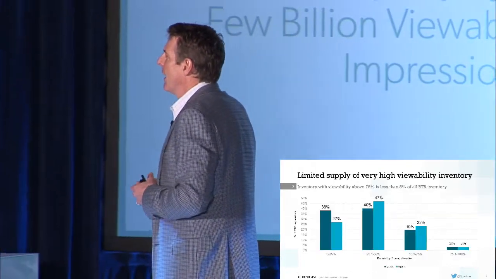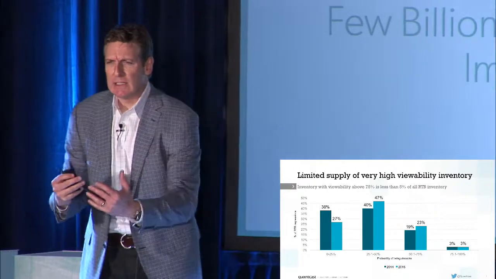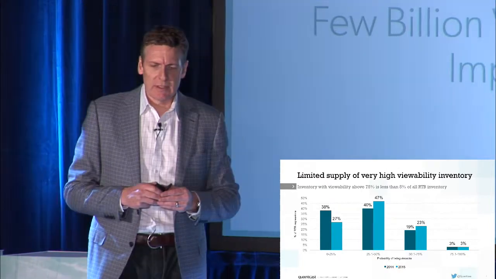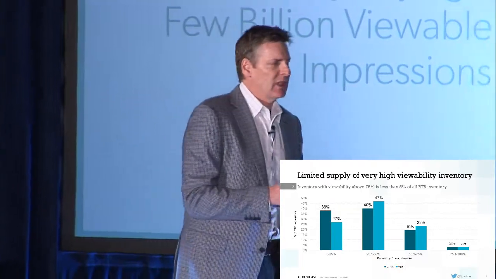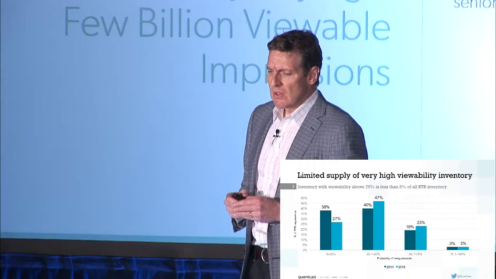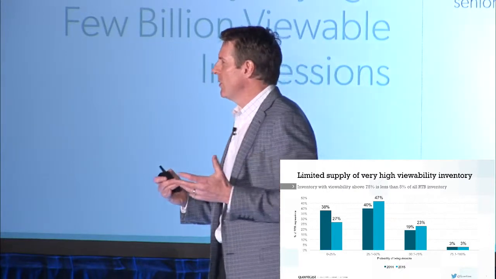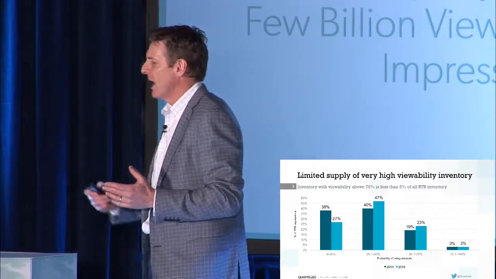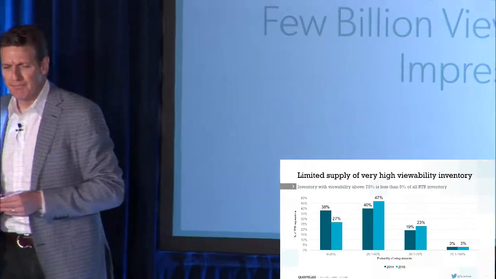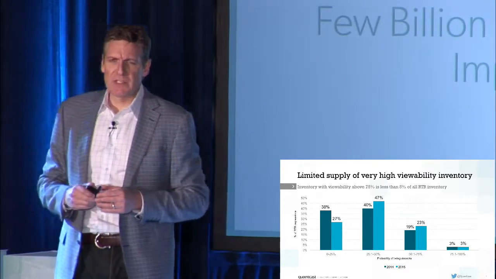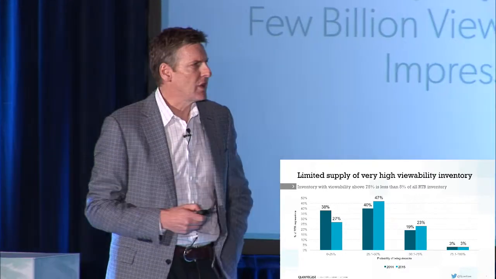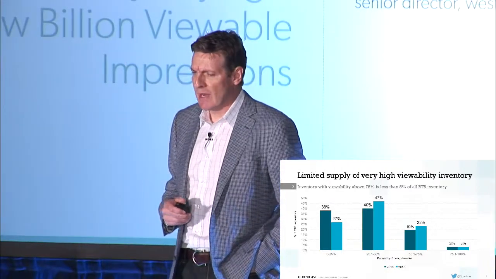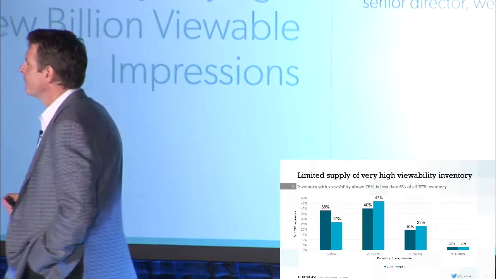Next is how much supply is there of highly viewable inventory? As you can see here, we basically looked at percent of RTB impressions and put them in different buckets. So what's the probability of being viewed? On the left there, you're looking at 0 to 25% probability of being viewed, all the way up to 75 to 100% being viewed. This is 2014 versus 2015. 2014 in dark blue there. That's about a year ago when the MRC lifted their advisory on being able to transact on viewability.